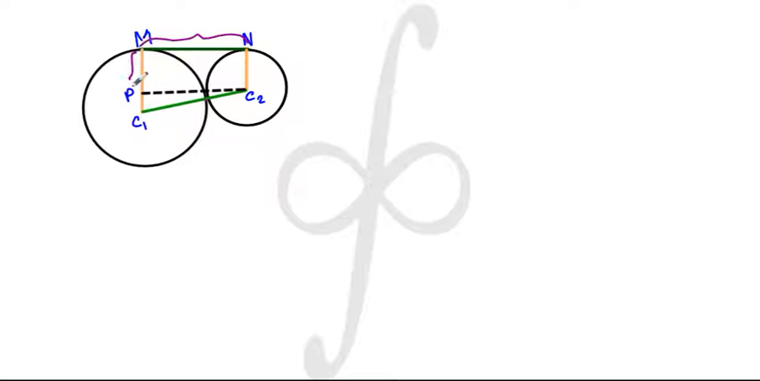We can see that this length is the radius of the bigger circle, suppose R1, and this length is the radius of the smaller circle, suppose R2. Since they are externally touching, the distance between their centers can be calculated as the sum of their radii, R1 plus R2. Now from C2 a perpendicular is dropped on C1N, so let us take this angle to be 90 degrees,